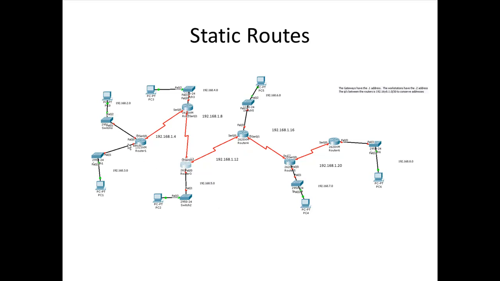The first thing is, let's start on router 1 here. If we look at router 1, it can only go in one direction, the information out of it. And routers know about networks that are directly connected to them. So on this one, we can use what's called a default route. So all the traffic goes out of 0/0/0 to the 0/0/0 on router 2, from 192.168.1.5 to 192.168.1.6. So we can use the command at the configuration, config T, IP route 0.0.0.0 with a subnet mask of 0.0.0.0 goes to